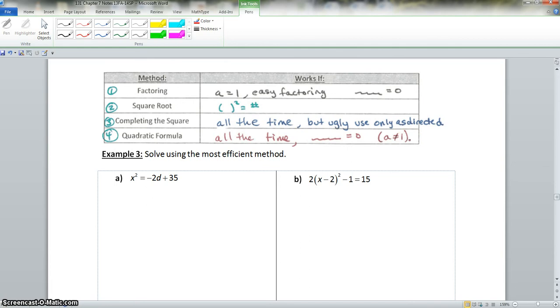So just to let you all know, the best formula to use, I would say, of all of these, first of all, is factoring, because you're used to factoring. Factoring is typically the better method to use if you can use that. Then I would probably look at the square root, then the quadratic formula. How we use the completed